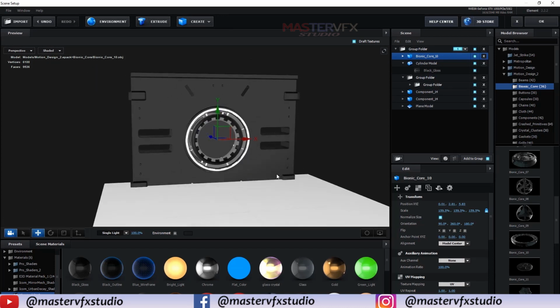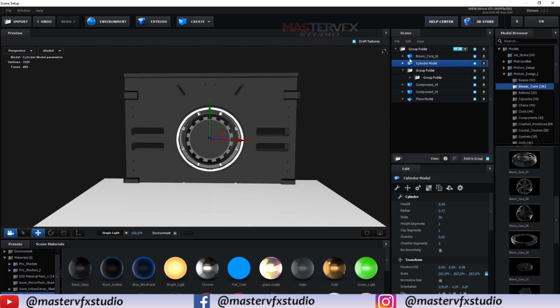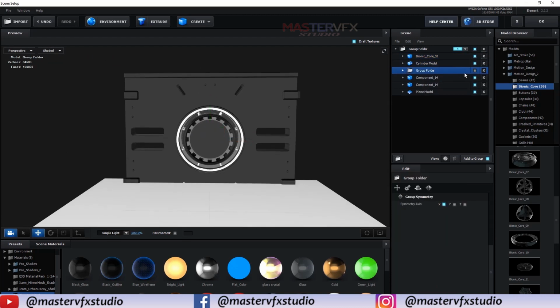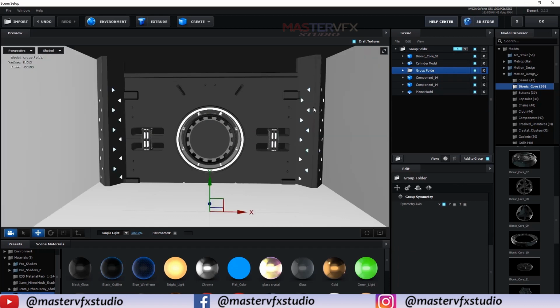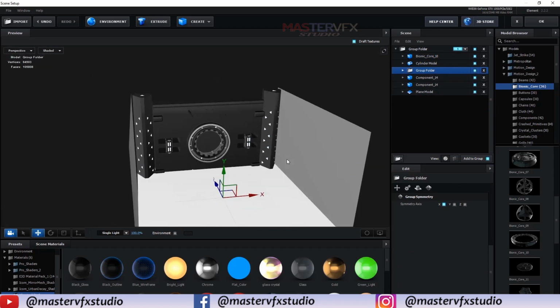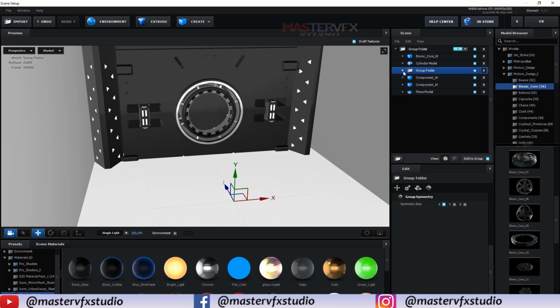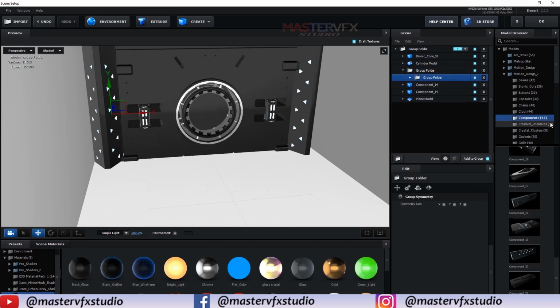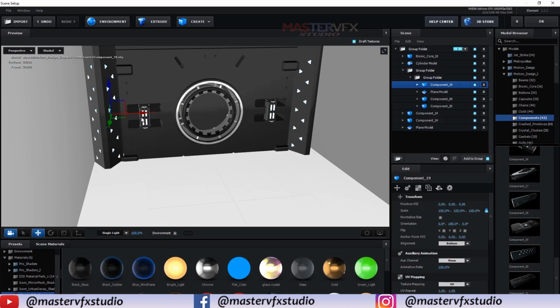so now further, again enable this group and create some other components. So inside the component group, select this component 19. Okay, put it outside this group and just rotate it, normalize it and scale it up.